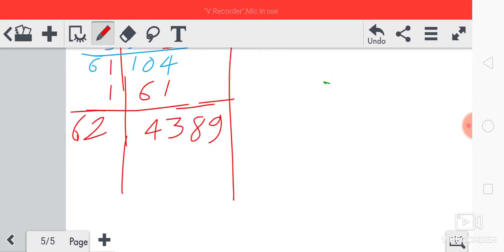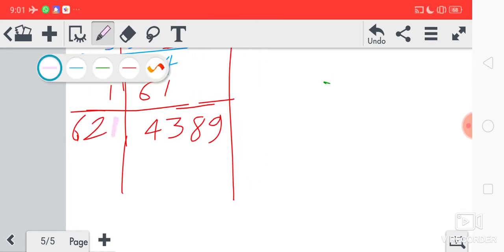Now here, what number should we take here? Should we take 1 times? It will be very less. Should we take 2 times? It will also be very less. So what number should we take? If we take 1 digit, already we will take, then